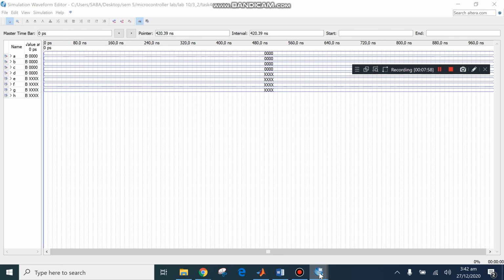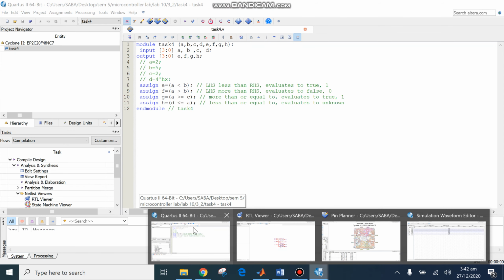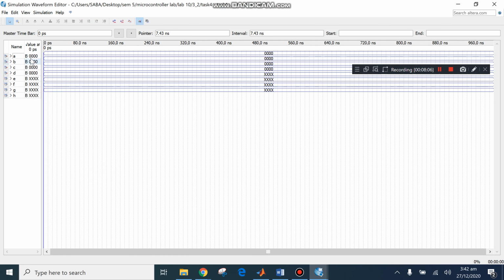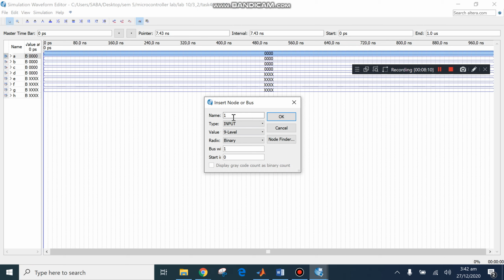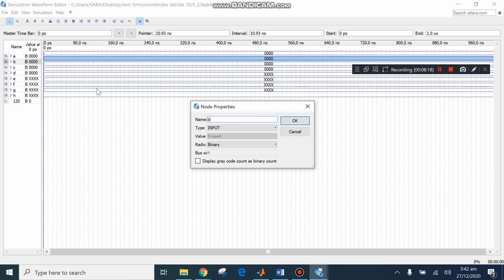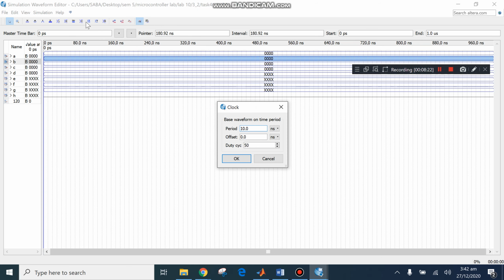Let's check which were our inputs. A, B, C, D were our inputs. Let's give 100 here, or 120. Let's suppose I give 60 to B,